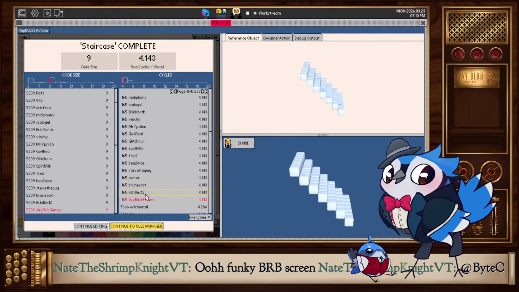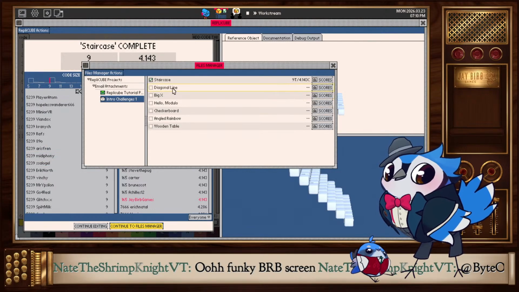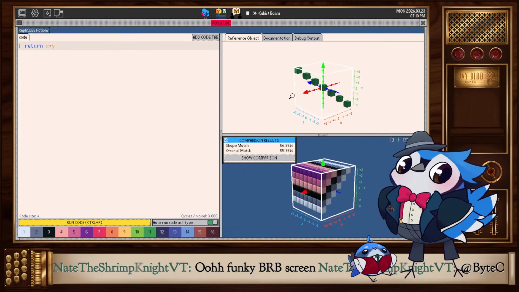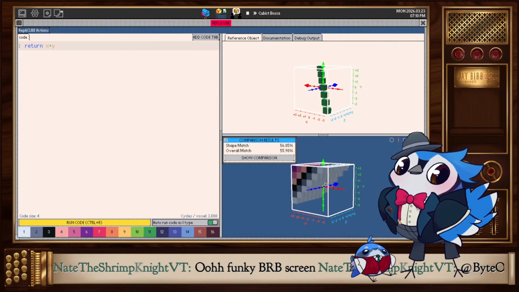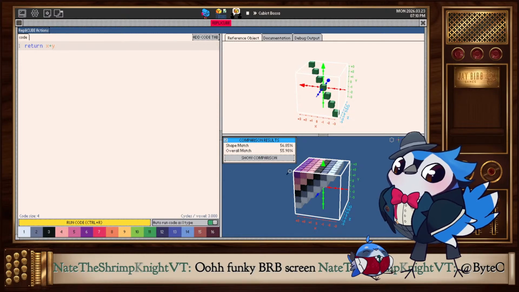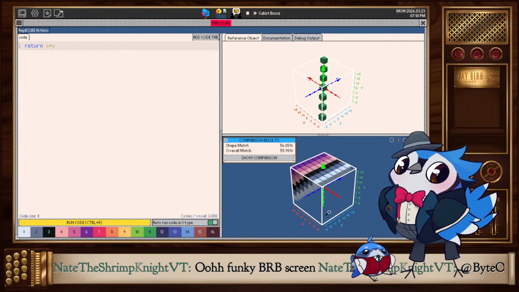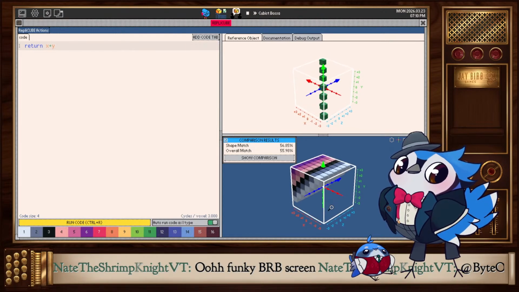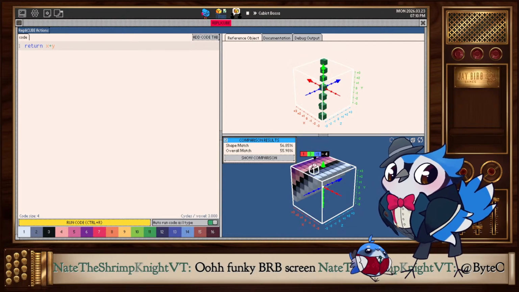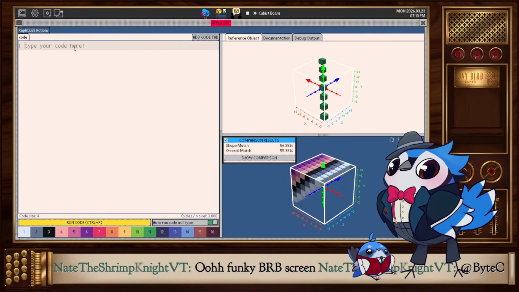And how is our leaderboard? Yeah, everyone has the same solution, of course. That does not surprise me at all. And then we'll look at this one. Return X. Okay, so you can make some funky colors, especially because the colors map to numbers. So if you return some combination of the coordinates as the color, then you get these funky palettes, which is pretty cool. But what I think we need to do here is,